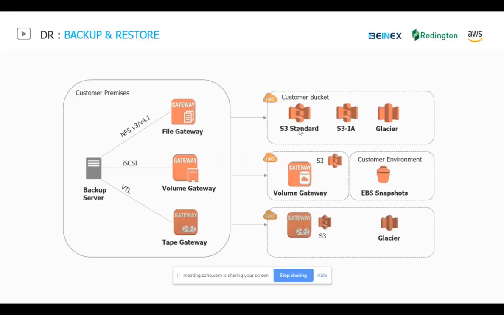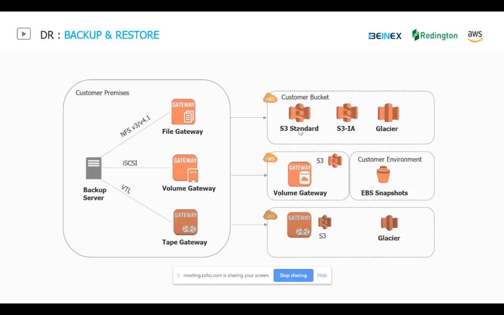So this will be a good way for many of our customers to start with, as far as DR is concerned. And about the tape gateway, most of us will be using physical tape drives from IBM, Dell, HP, and so on, and you'll be taking that backup. The tapes will have a barcode, and you'll be sending them over to an offsite storage, let's say by using companies like Iron Mountain. And that is tedious because you need to export your tapes from your site to the other site for the offsite storage.